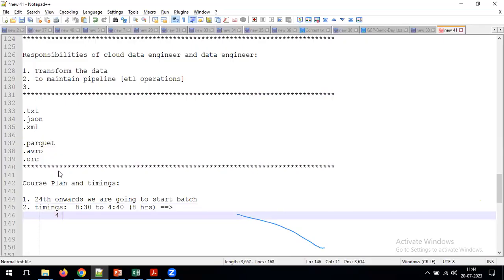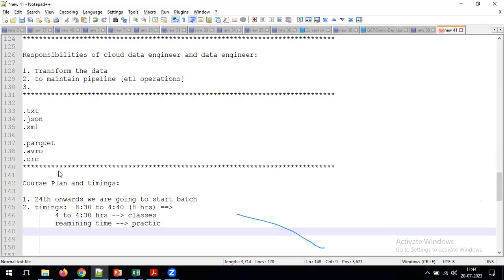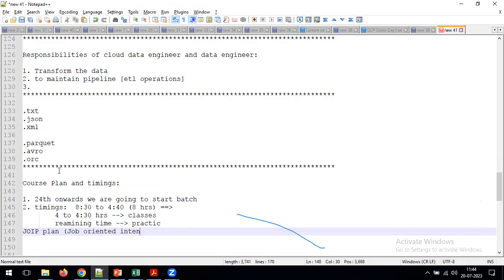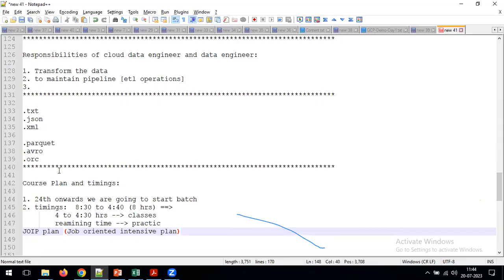Out of these 8 hours, 4 to 4.5 hours will be classes, and for the remaining time you need to practice. We call this the JOIP plan, which is the job oriented intensive plan. So we expect you to participate for 8 hours, either online or offline.